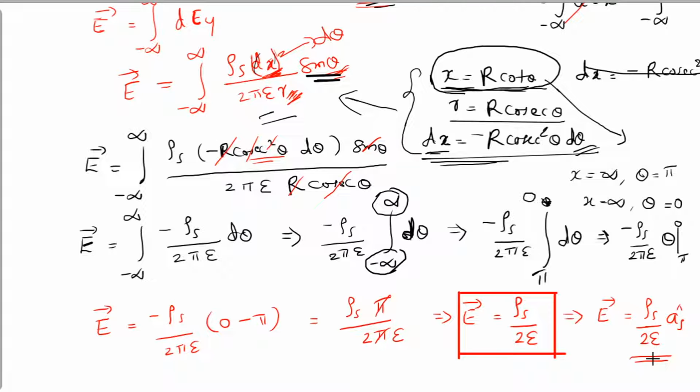A S cap. Now see, if you take this point P on the y axis, like this example, I can represent it as A y cap. If I take this point in the z direction, then A z cap, then x cap. But if I put this point somewhere, not on the axis, anywhere in space, then you can represent this as A S cap. I hope this is very clear.